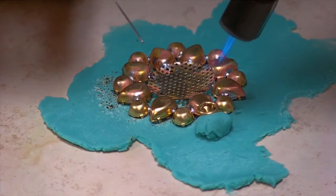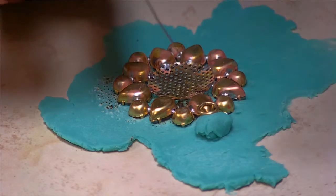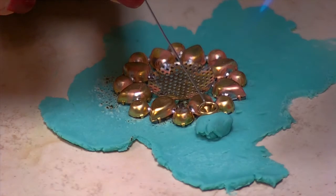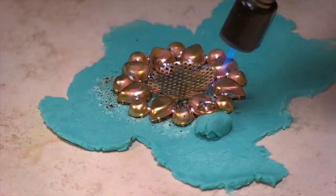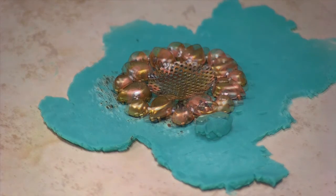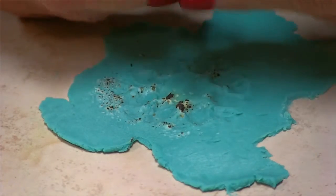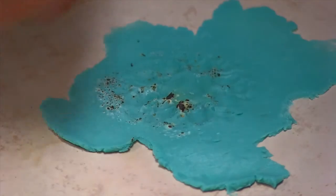Just going to apply some heat. Once it's good and hot, I'm just going to touch it with the solder. I'll pull this piece up and test it and make sure it's solid. It is solid. So I'm going to set it aside,